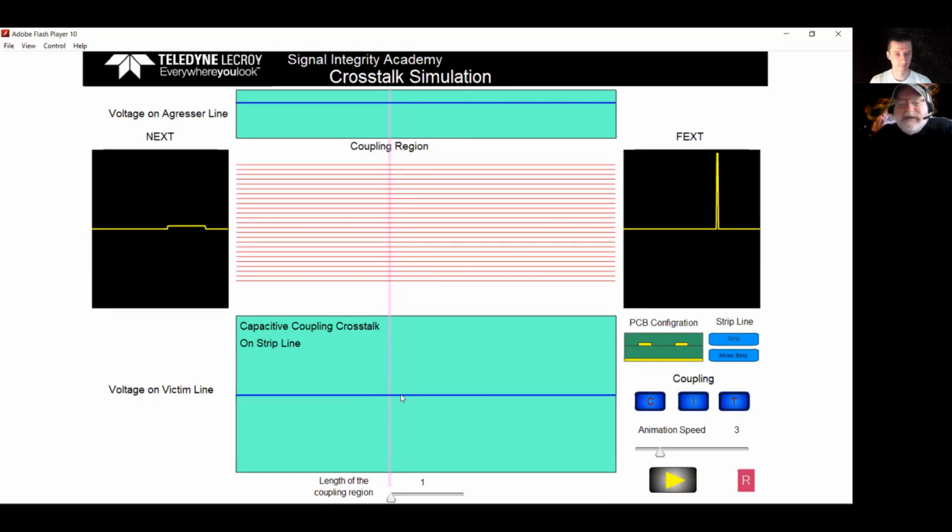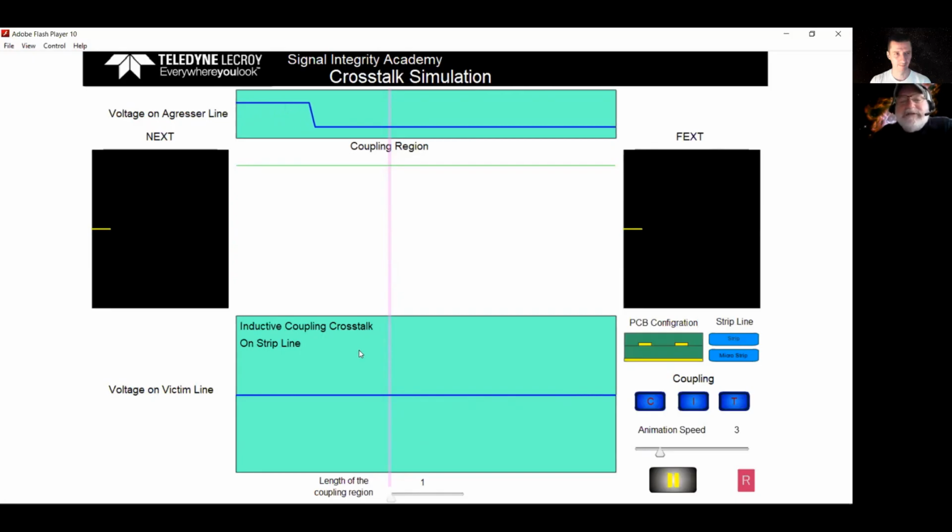And so that's going to be a signal return moving backwards. That's a positive voltage. And it's going to be a return signal, negative voltage in the forward direction. So let's watch that. So here's that edge, nothing, nothing, nothing. Here we get that little positive inductively coupled current moving in the backward direction, and we get that little negative burst of voltage moving in